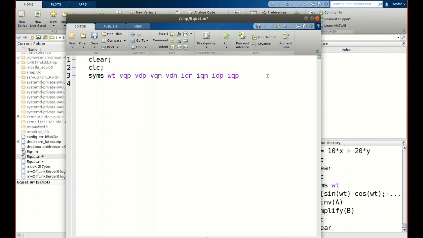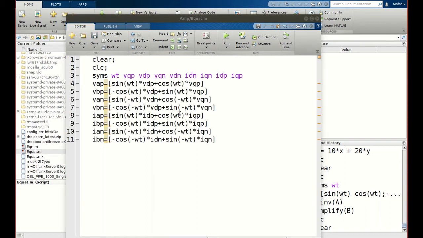So if we want to get the positive and negative voltage and current in alpha beta coordinates, we can always transform using the transformation matrix. We can always transform any D and Q component into alpha and beta components. So we will be using those equations here. These are the equations for transforming D and Q components into alpha and beta components. So these are alpha beta positive components of voltage, alpha beta negative components of voltage, then for currents.